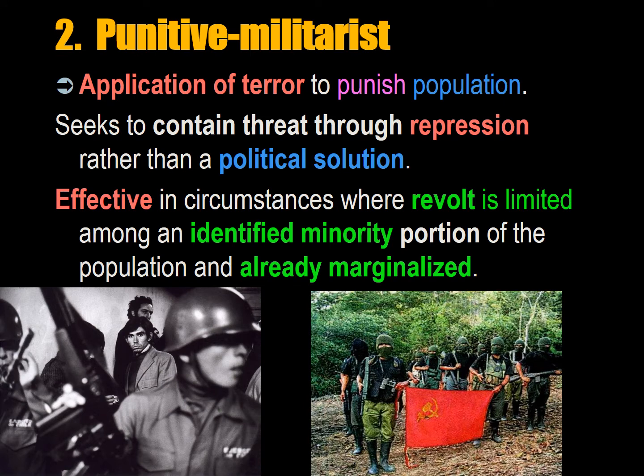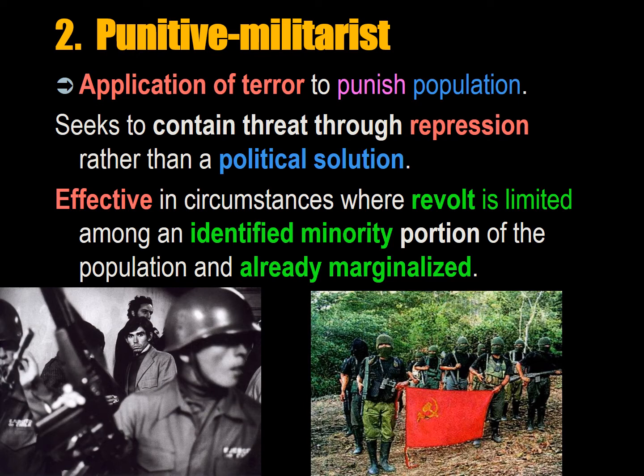The second type of counterinsurgency approach is the punitive militarist. This is the application of military terror to punish the population. It seeks to contain the threat through repression rather than a political solution. It's effective in circumstances where a revolt is limited among an identified minority portion of the population, which is already